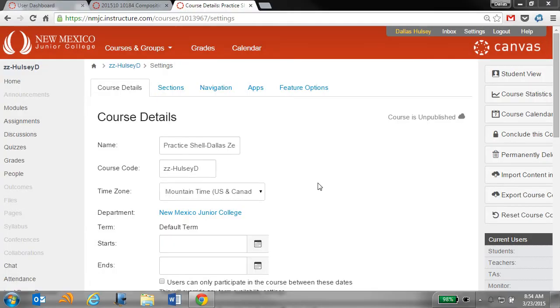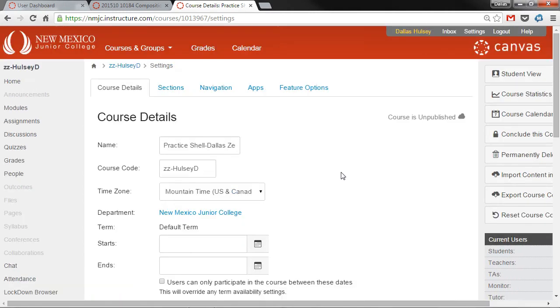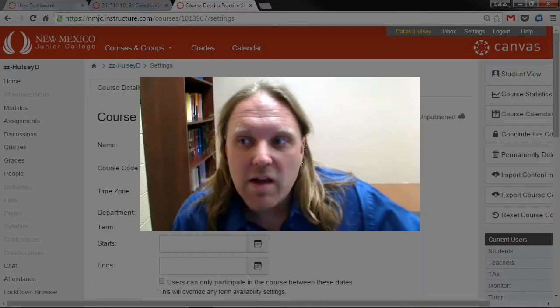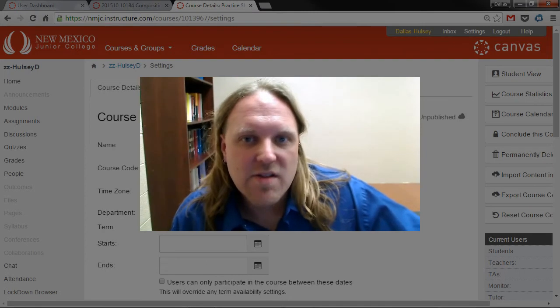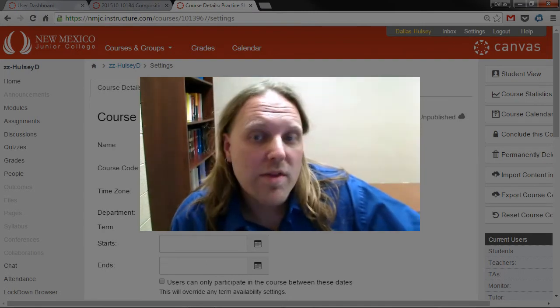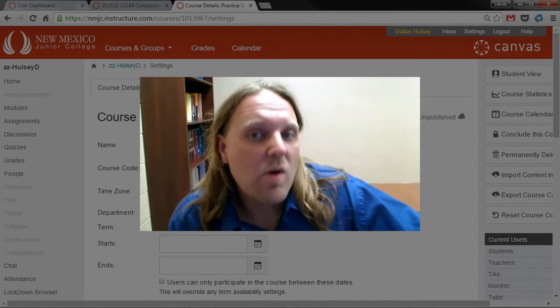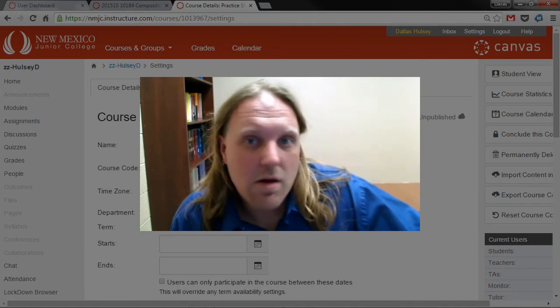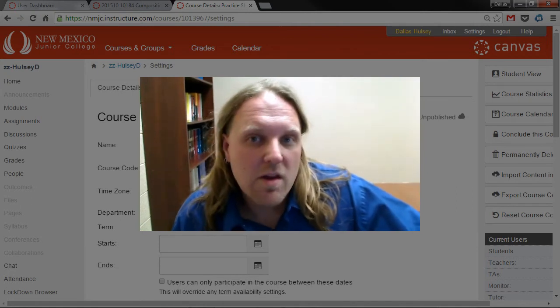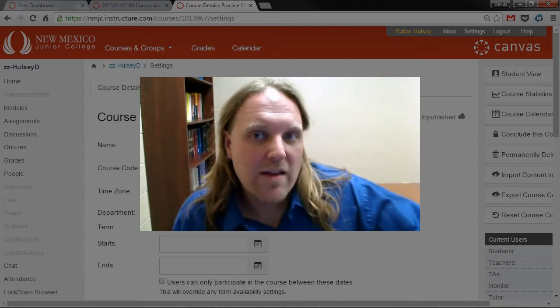The first thing that you're going to need in order to create your test bank repository is a sandbox class, a practice class, it's also known as, or just an empty Canvas shell. If you don't have one, you might consider asking your Canvas admin to set you up with a practice shell or set you up with another shell. And if they're somewhat reluctant, I suggest pizza, coffee, ice cream can help kind of lubricate the way to getting